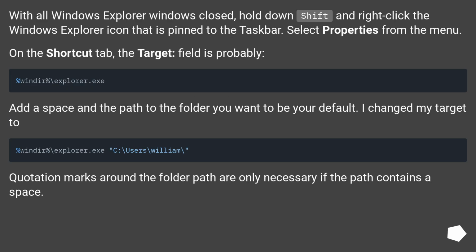With all Windows Explorer windows closed, hold down Shift and right-click the Windows Explorer icon that is pinned to the taskbar. Select Properties from the menu. On the Shortcut tab, the Target field is probably